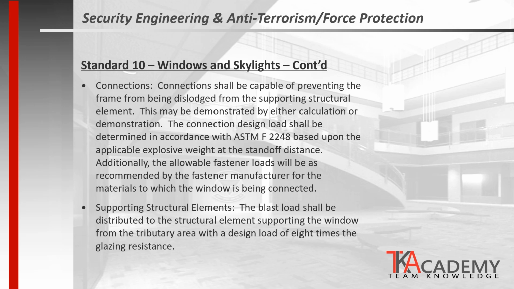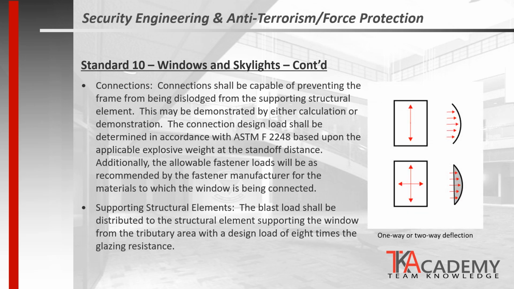Units are analyzed in one of two ways in how they transfer blast loads to the building window frame and the adjacent wall structure. The window glazing panel may be analyzed as a one-way deflection where the anchors are at the top and the bottom and the glass deflects in just one direction. Or the glass unit may be evaluated as a two-way deflection in which the blast loads are transferred to all 4 adjacent sides of the window frame.